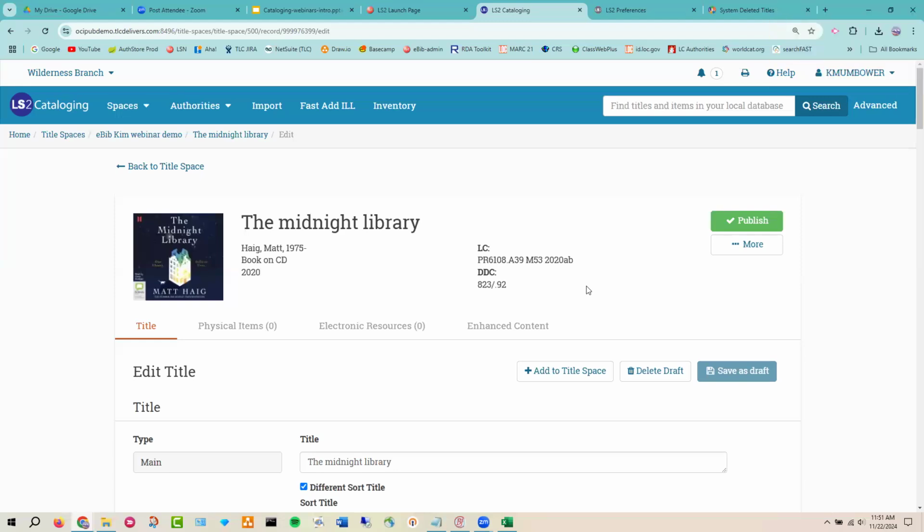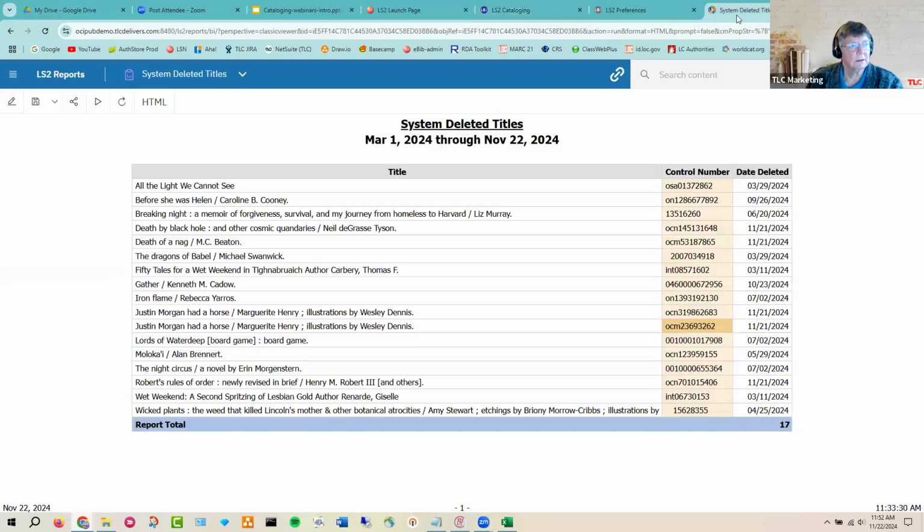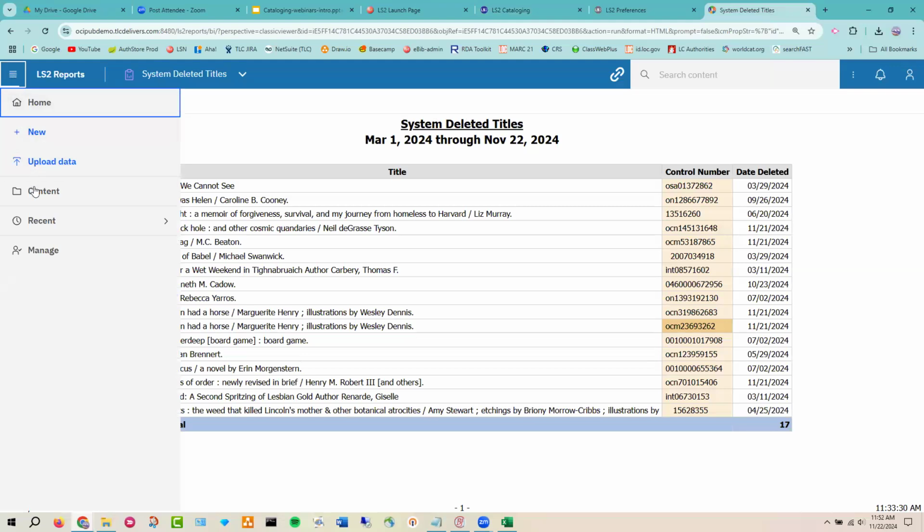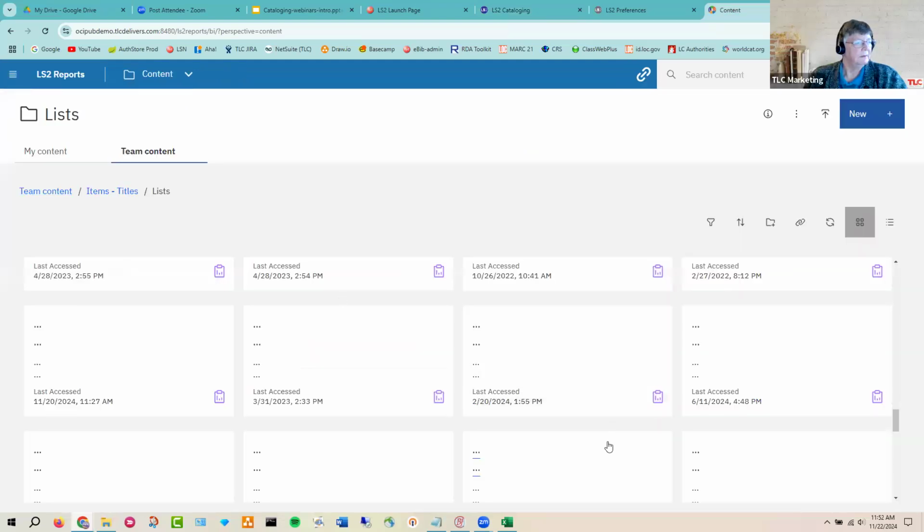And we have one final question here. Is there a report that can show you items that are attached to an OCLC record but are no longer in our pack? And I was poking around in LS2 reports. I know that there is an item report for